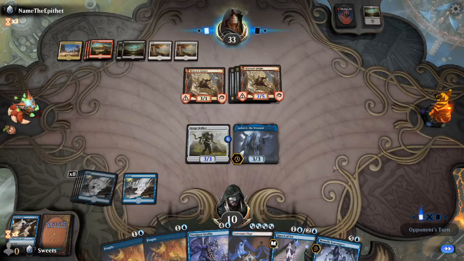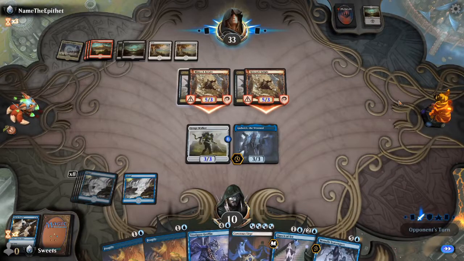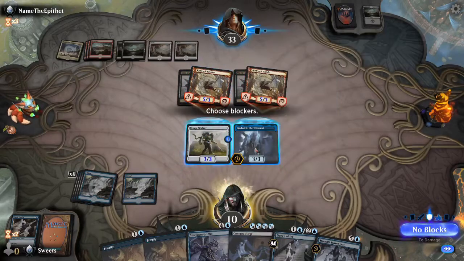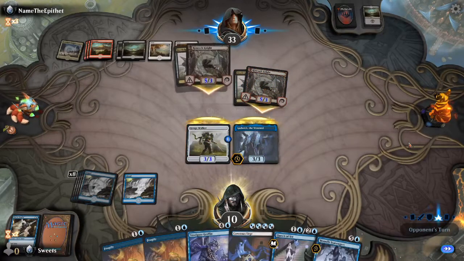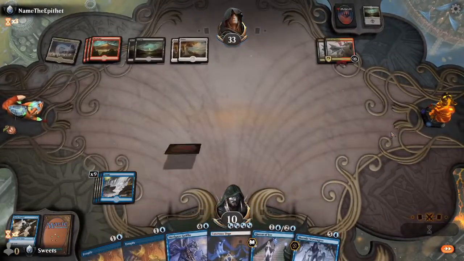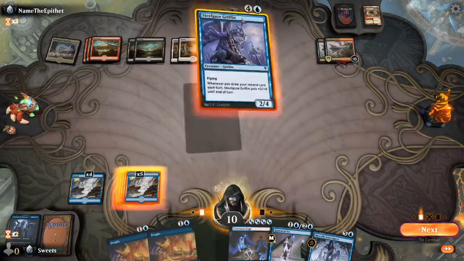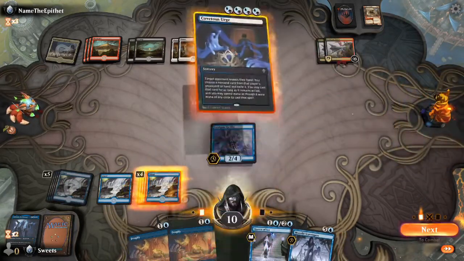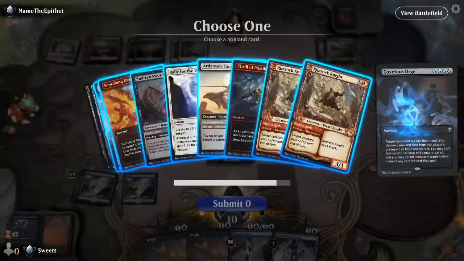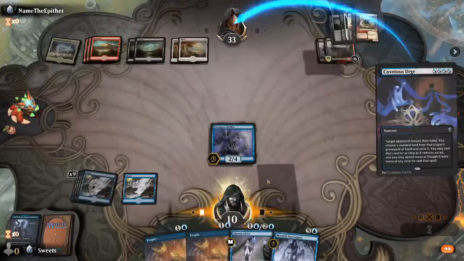So we will double block here to kill the Rimrock Knight. Okay, I mean, this is not better for them. Now we get to block, kill both their creatures. Okay. And we will play Steel Gaze Griffin. Play Covetous Urge. And we'll get back... I think we get back...